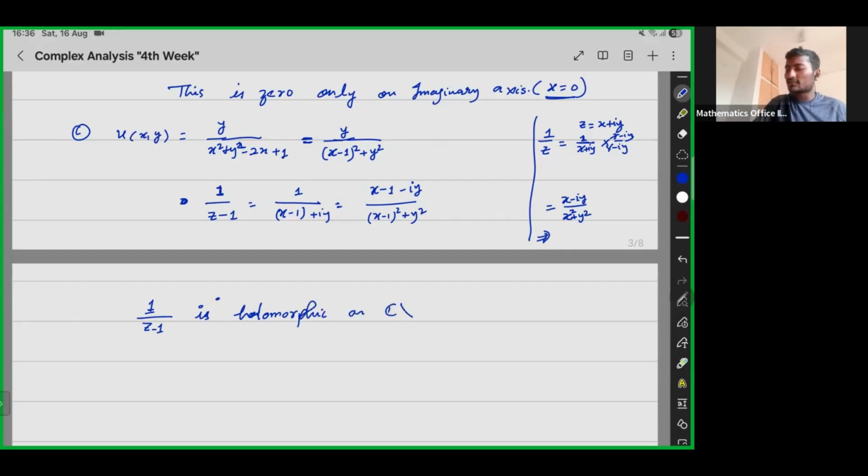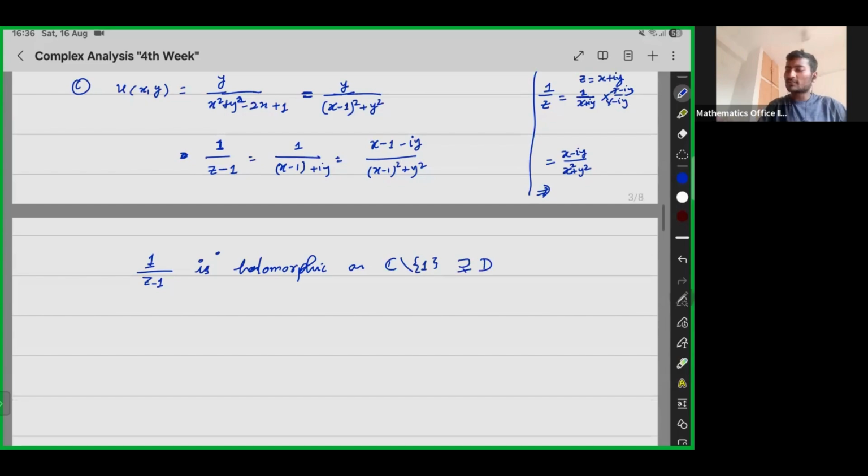On C minus 1, this is a rational function. Rational functions are holomorphic everywhere except where the denominator becomes 0. The denominator becomes 0 at 1, so that is why we are deleting 1. But D was our domain here, and D is properly contained here. So this is holomorphic on D, it's clear. Hence, on D, this is holomorphic, and its